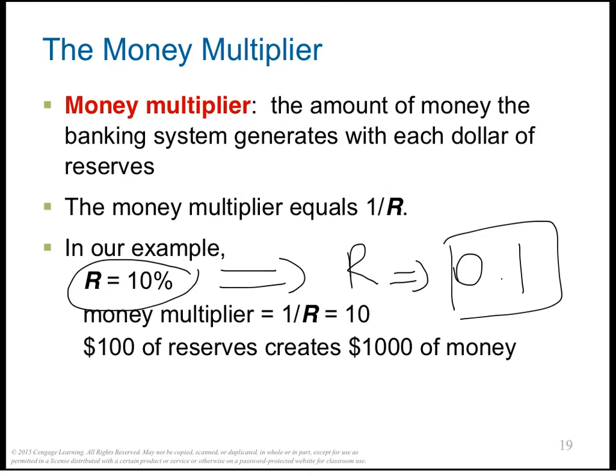So the money multiplier will be 1 divided by 0.1. If you do this division on the computer, you will realize that the money multiplier is 10. So $100 of reserves